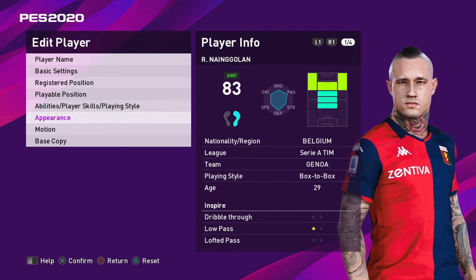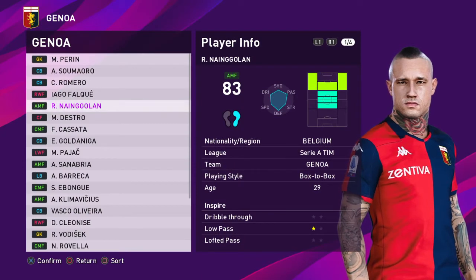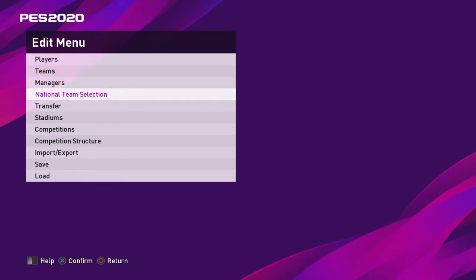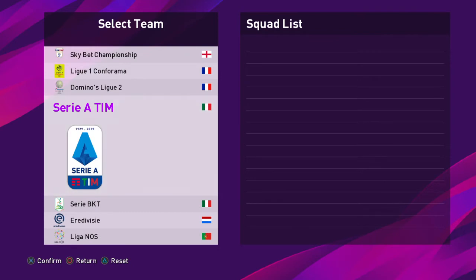And everything else remains the same. So I now have Nangolan on my team instead of Pinamonte. And so what I want to do is bring Nangolan out of the game. And the way we do this is, I could have actually found a way to paste, this would have been even better if I could have pasted Pinamonte somehow onto